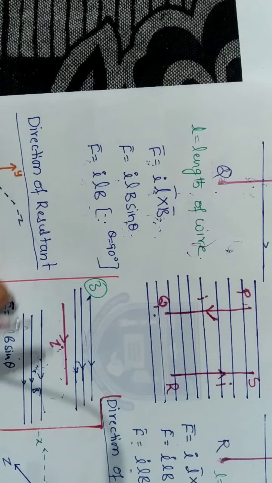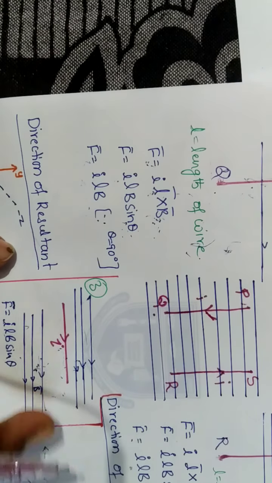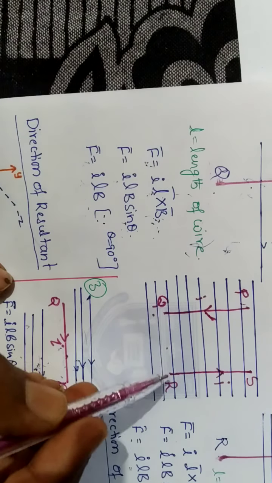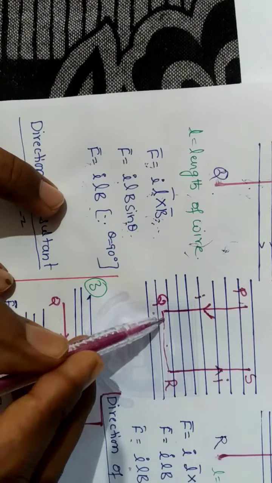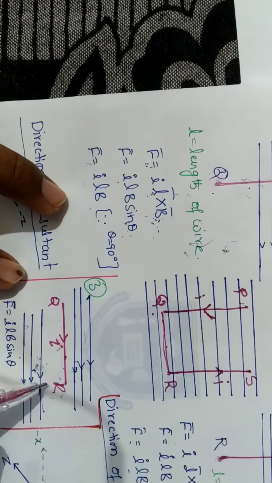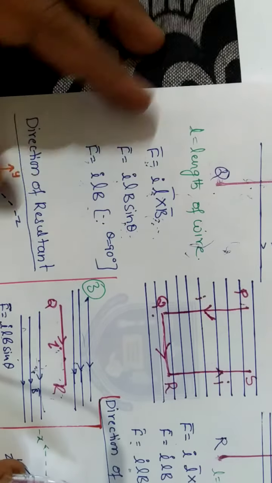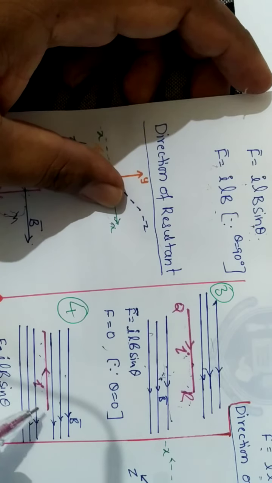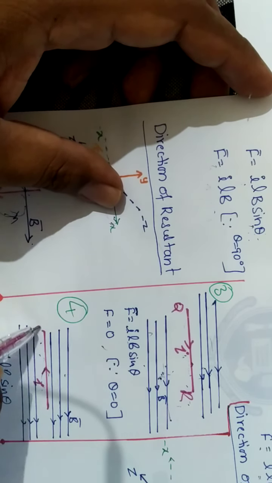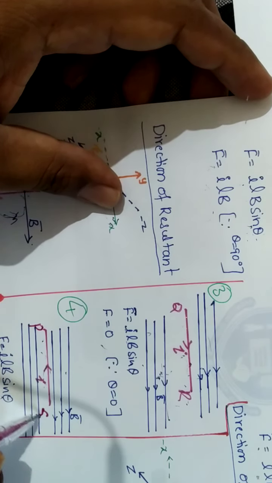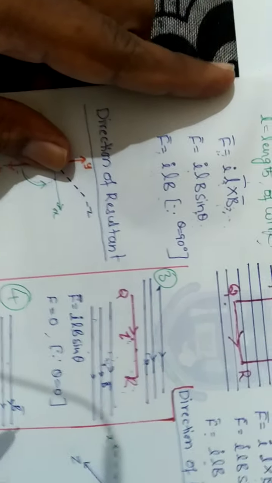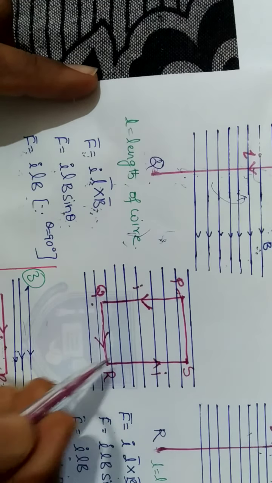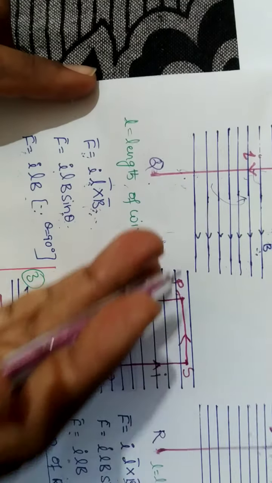And coming to this, it is pointing from left to right. Name this QR so that we can join it here. QR is already there, so the QR wire has current flowing from left to right. And the remaining one, right to left, let us name it S and P, so I can directly join this on top. In this element, current is moving from right to left.